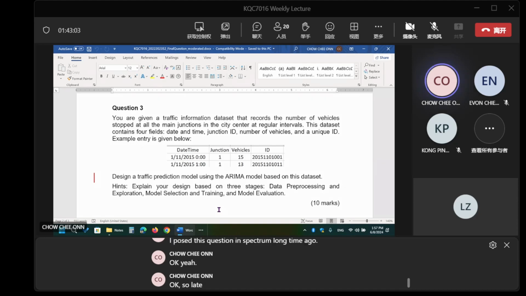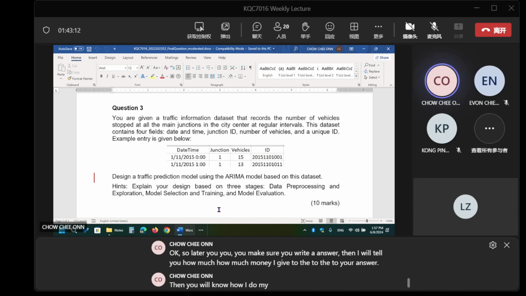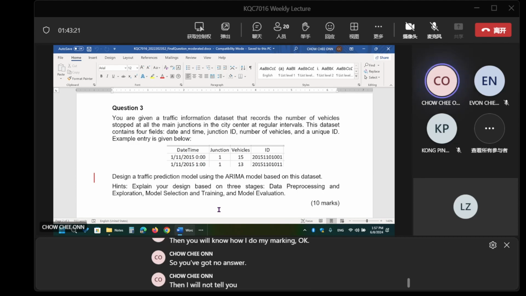Later you make sure you write an answer. Then I will tell you how much mark I give to your answer, then you will know how I do my marking. If you got no answer, then I will not tell you how I mark.